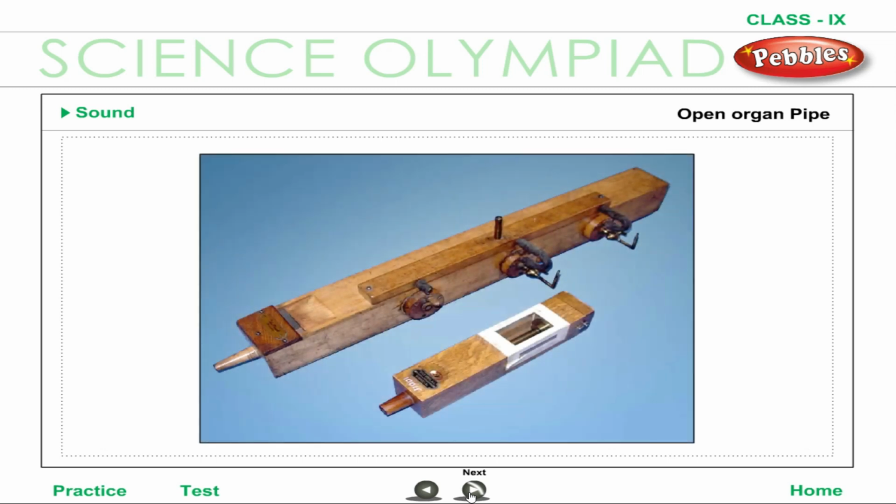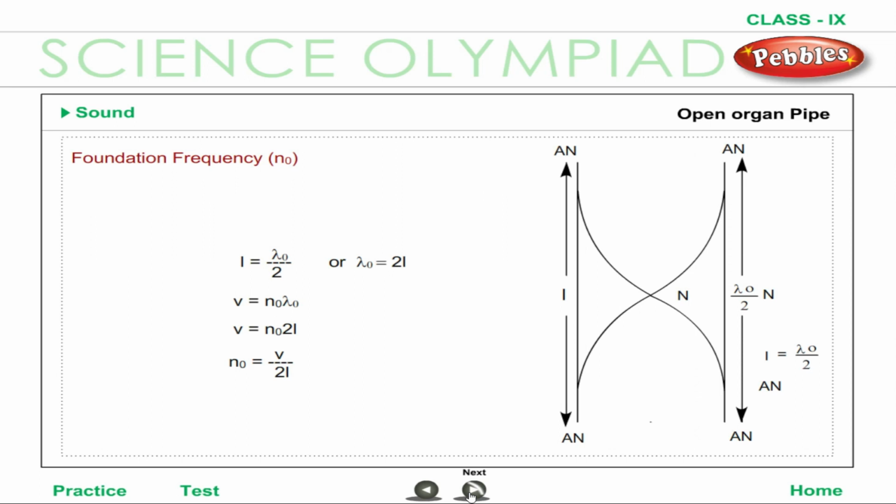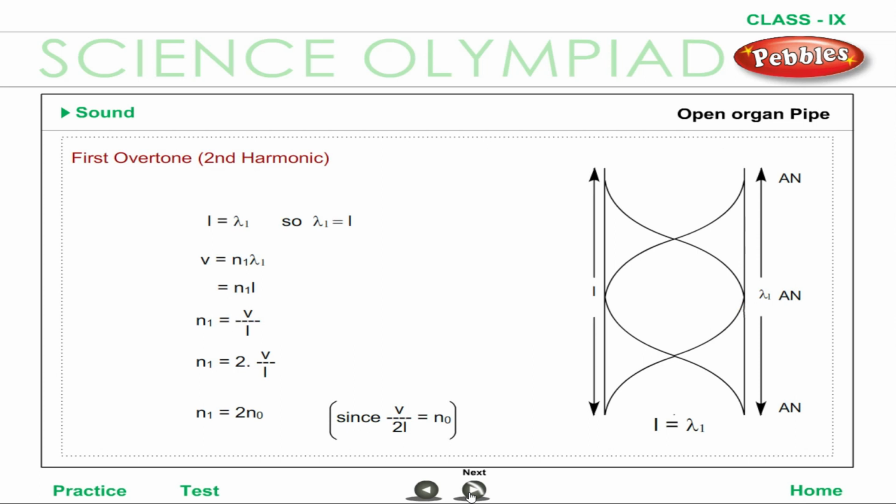Open organ pipe. Consider a cylindrical pipe open at both ends. When the air column in the pipe is set in vibration, antinodes are formed at both ends. Fundamental frequency is derived as follows. Hence, the fundamental frequency of an open organ pipe is double that of a closed organ pipe of the same length as shown. Frequency of first overtone, second harmonic,